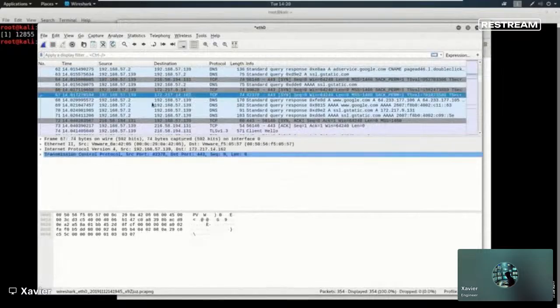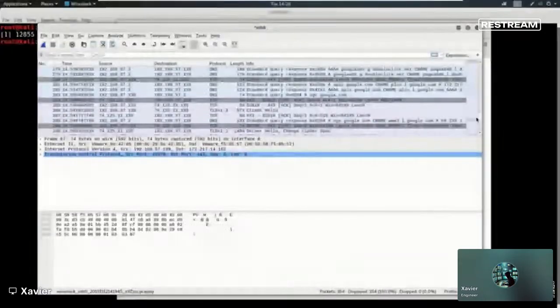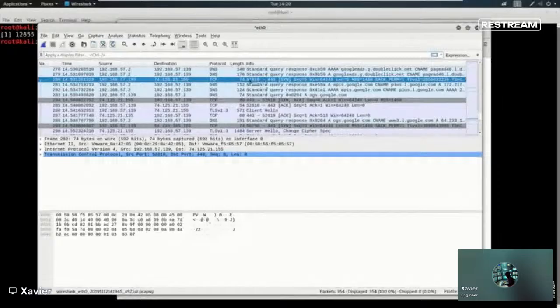So what we're going to do, a better one. So we're going to come down to here, and we're going to say, okay, so here we're our source IP. This is 192.168.57.139. We're going out to destination 74.125.21.155. We're saying, hey, I've got this port here. I want to connect to your port. So port 443, this is a page. We're sending